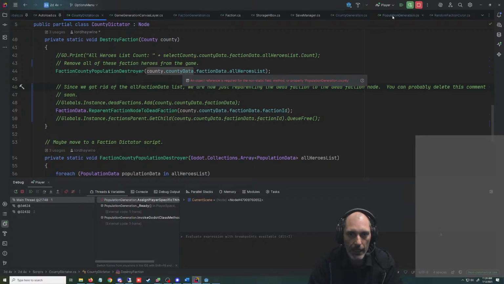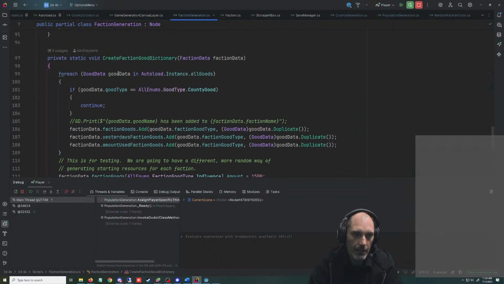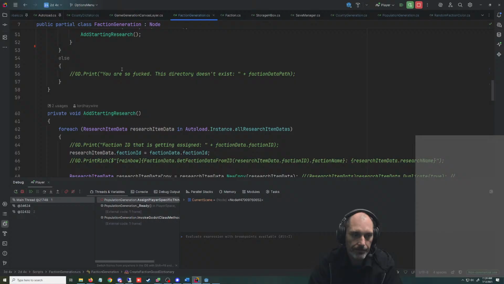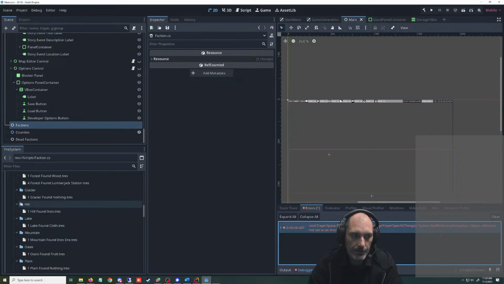Okay, so we got to figure out why this isn't getting assigned over here. So this should be on our faction generation. If we look at our faction datas,